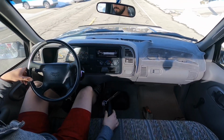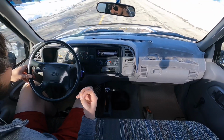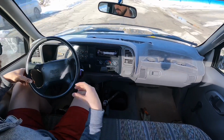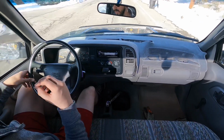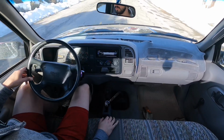noise out of the transmission. And you're going to have that anytime generally you install a short throw, because a short throw is going to tighten everything up. But generally tightness, stiffer materials, less foam, less insulation, that's going to lead to more noise. So if you want a totally quiet driver's compartment,